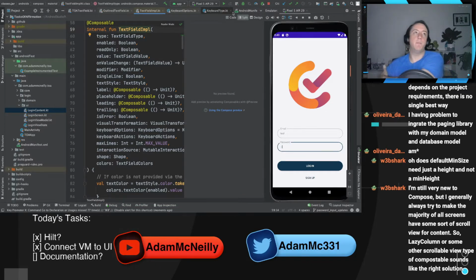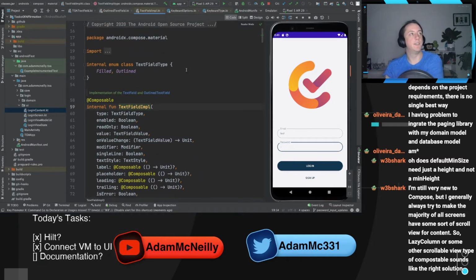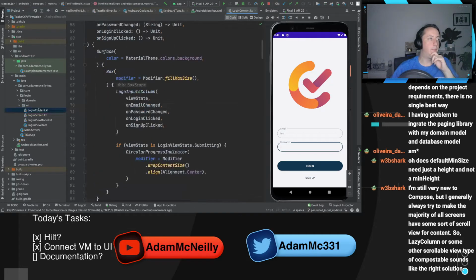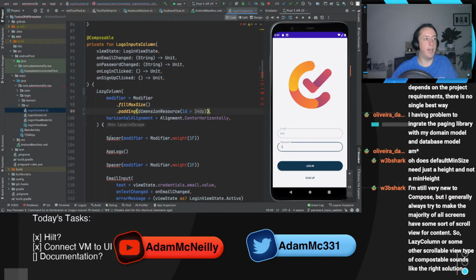Yeah, lazy column might be a good solution. We could try it real quick. It wouldn't take terribly long. Let's see what happens. I won't even commit this unless it works. Let's make this a lazy column. And the biggest thing is that now everything's going to yell at me because it needs to be wrapped in an item. Isn't there a wrapped with